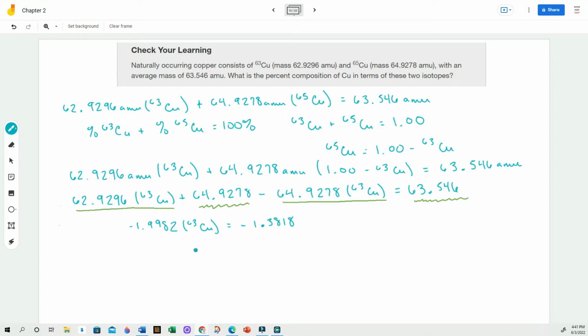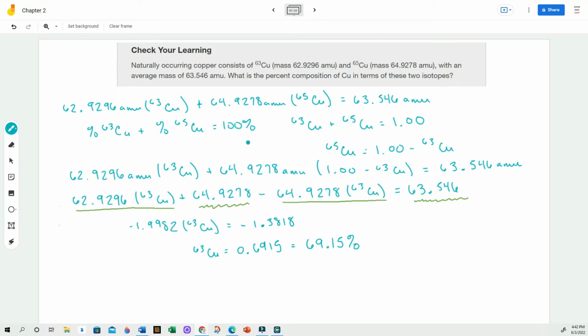Okay, so solving for copper 63, we get 0.6915, which if we convert into a percentage is 69.15%. Okay, that's fantastic. All we need to do now is find our percent of copper 65, and that is